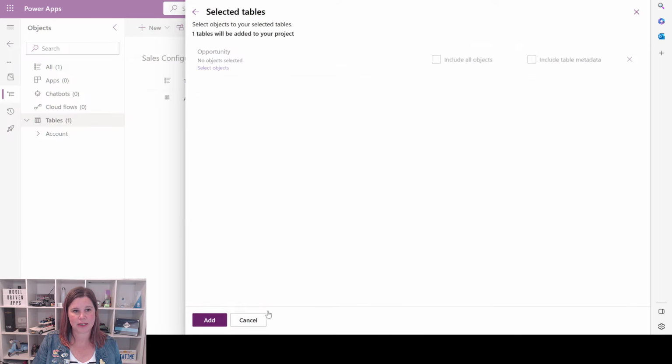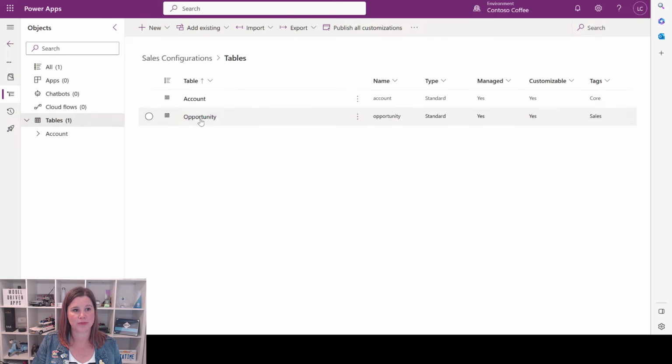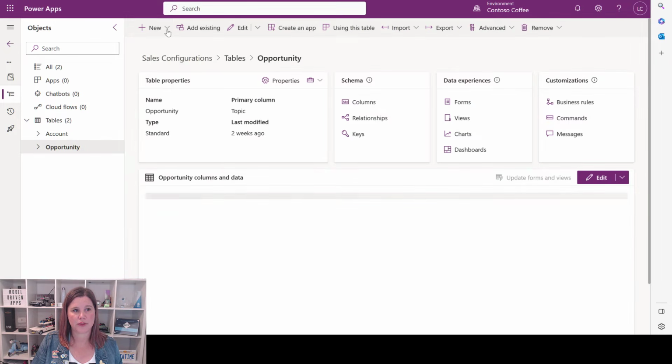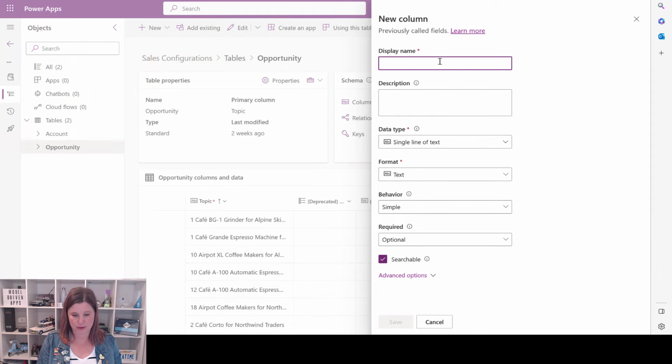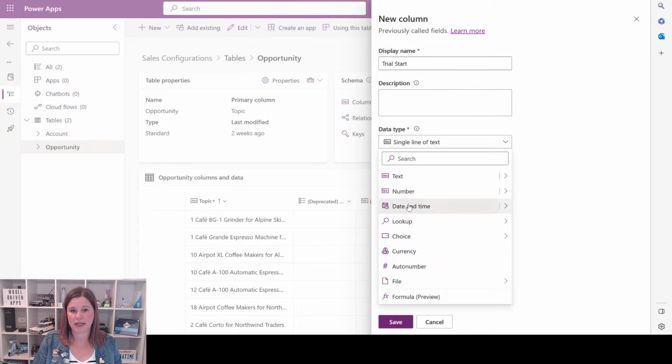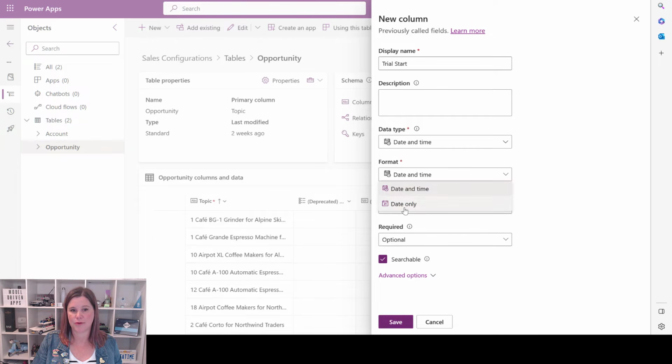Select that and click next. And I'm actually going to not bring any of the forms or anything in there. I'm just going to add the table in there and add some columns to that table. So we're going to come in here, click here for a new column. This one is going to be called trial start, and this will be a date and time and format date